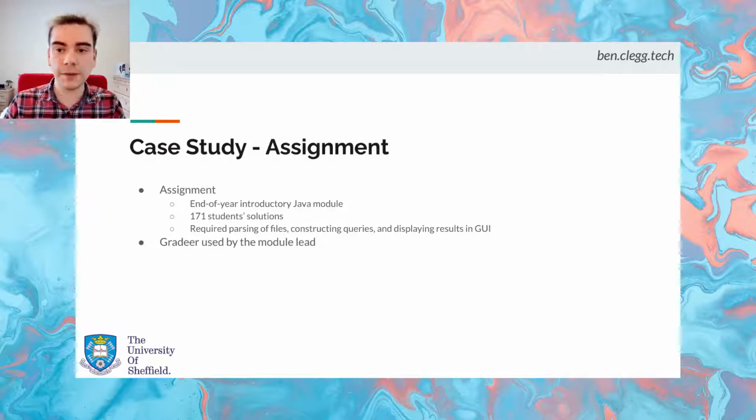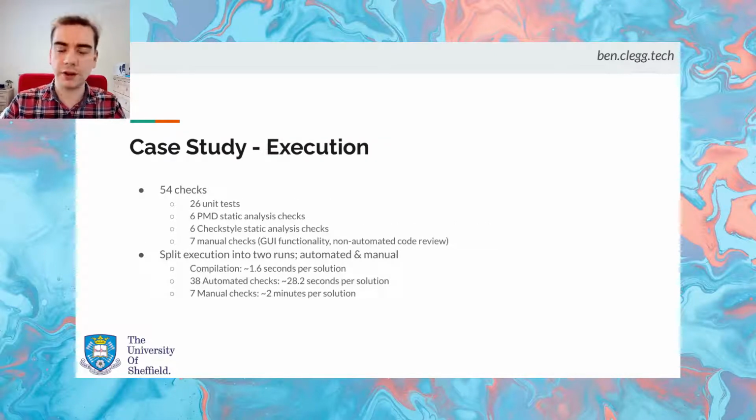of a GUI. The module lead, Maria-Cruz, my co-author, used Gradia to mark this assignment, and she used 54 checks, including 26 unit tests, 6 PMD static analysis checks, 6 Checkstyle static analysis checks, and 7 manual checks. These manual checks were particularly focused on the functionality of the GUI and some aspects of code review which were